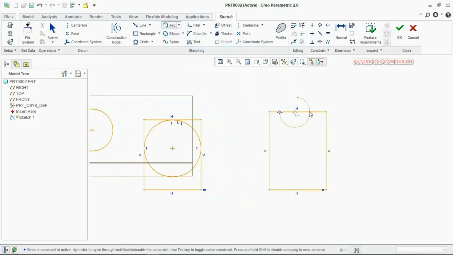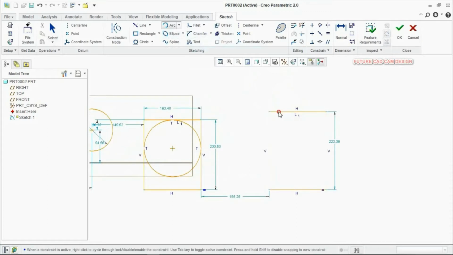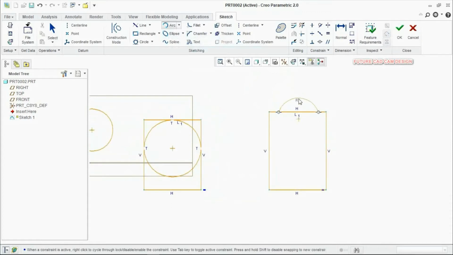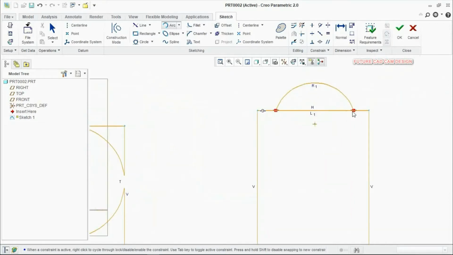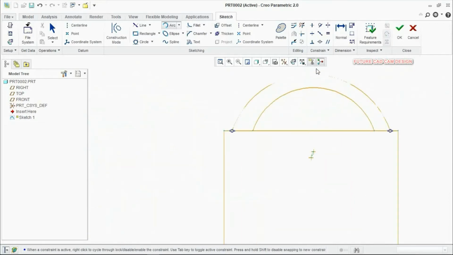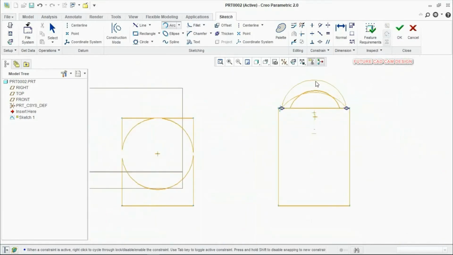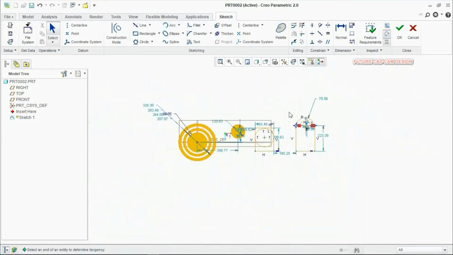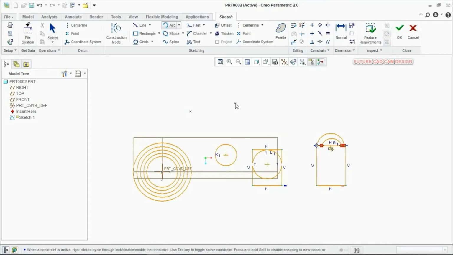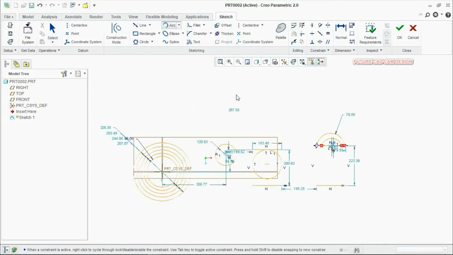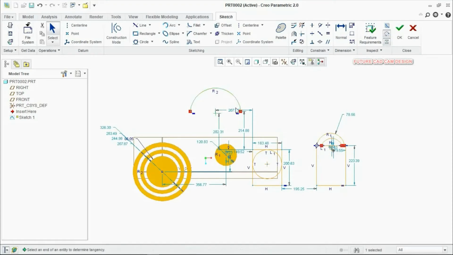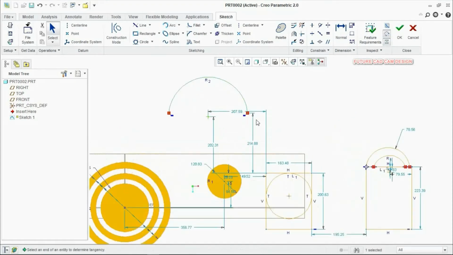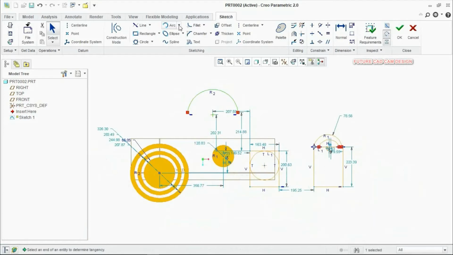Select point 1, point 2, and drag your cursor to the top side to create the arc. So this is the way to create a 3-point arc. Just click 3 points in your sketch area, point 1, point 2, and point 3, and the 3-point arc will be created.